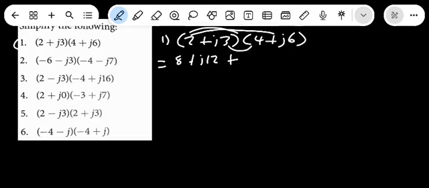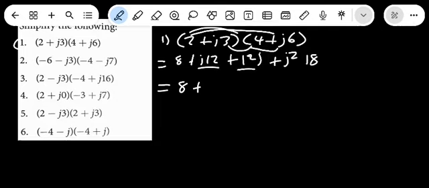j3 multiplied by 4 will be plus 12j. It's one and the same thing. Multiply that, and there will be plus j squared, 3 times 6 will be 18. So we'll have this 8 plus, we add these two, will be 24j